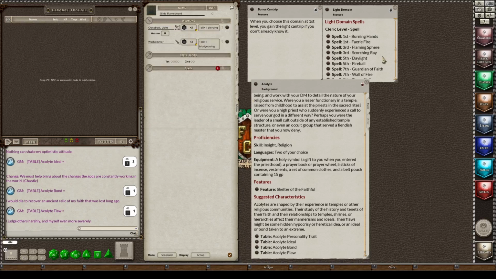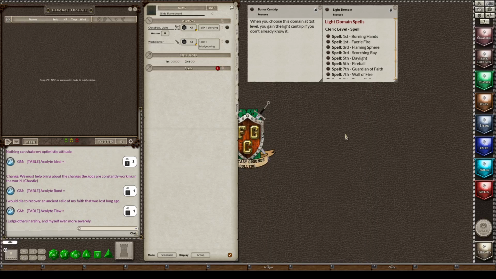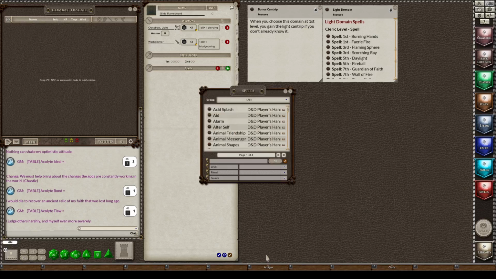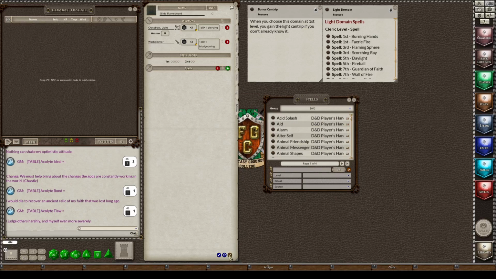Now we're going to move down to the actions, close the cleric again, and we want to do this bonus cantrip. Nope, that didn't work. Hang on. I'm going to get the cantrip from the spells list. So it says that I get light, the light cantrip. So what I'm going to do is open up the source, click on cleric, click on 0 for level, which is your cantrips, drag over the light, close it.